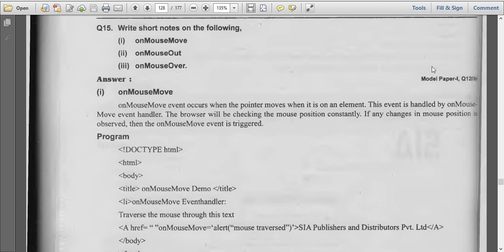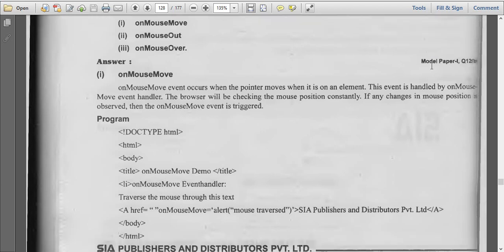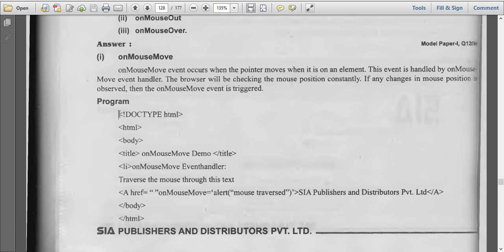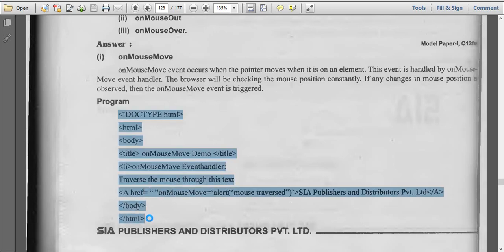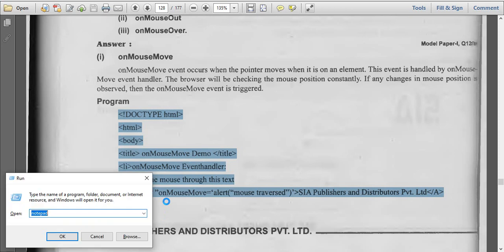The browser will be checking the mouse position constantly. If any changes in mouse position are observed, then the mouse move event is triggered. Okay, so we'll execute the program.